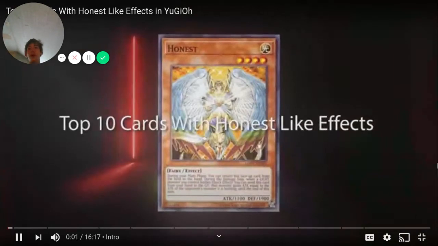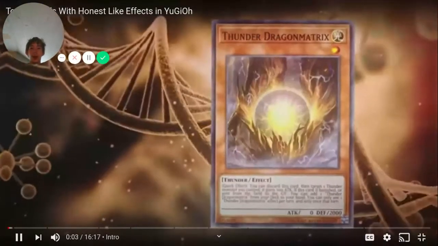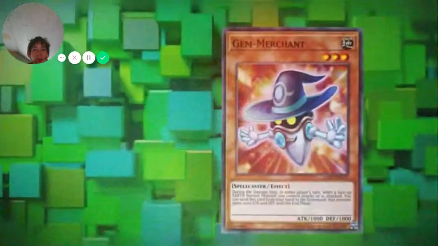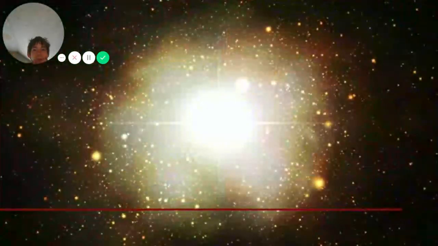In this video, we'll be going over cards with Honest-like effects, which are basically cards with hand trap effects that affect the battle in some way, usually in the form of extra attack points, but not always. And at number 10, we'll just start off